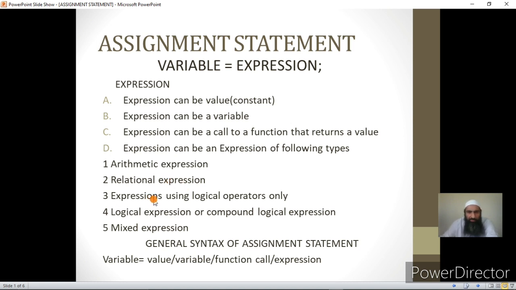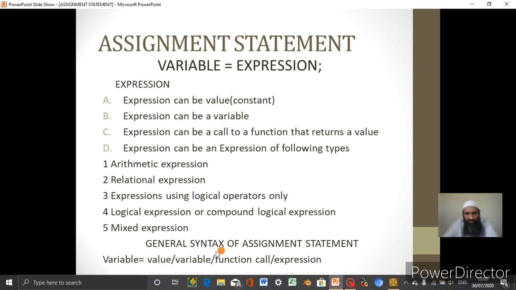Expressions can also be formed using logical operators only, and the logical operators are and, or, and not. Logical expressions or compound logical expressions are those which use both relational and logical operators, and mixed expressions are those which can use all the operators available in C.